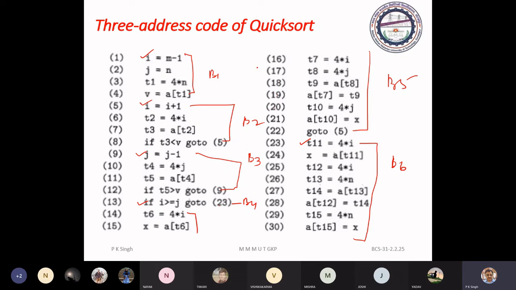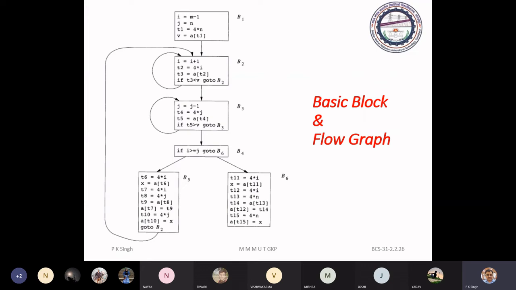In B3, go to 9, B3. So here we have the leader and a back flow. From here we have a forward flow to 23, and then we have basic block number 5 and so on. See the flow graph.